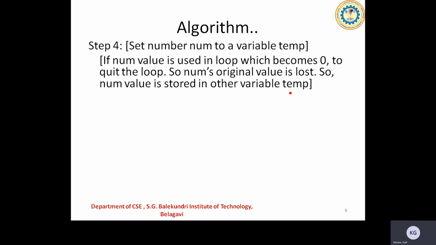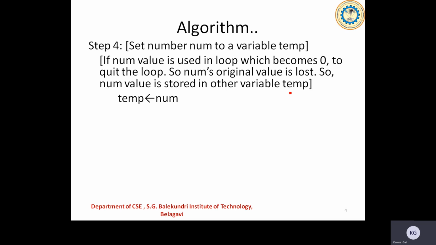I'll be doing this because once the number that is read is taken inside the loop, I am going to modify that value using the division operation. So I may lose the data that I have read. That's why I need to store it inside another variable, because at the coming out of the loop, I'll be checking the given data with the reverse data. So I need the data stored before I go ahead with reversing the data. Okay, so now I have done the same thing.